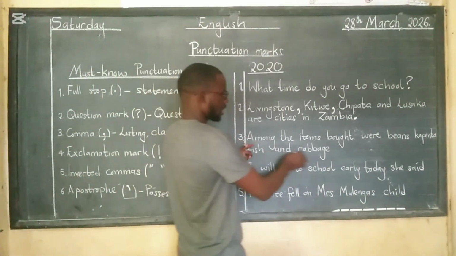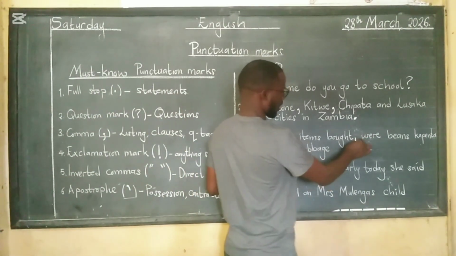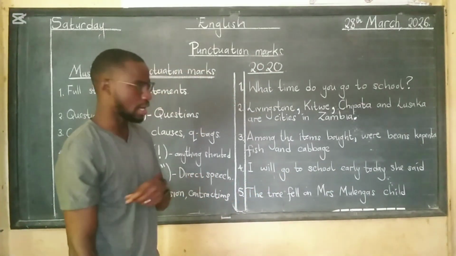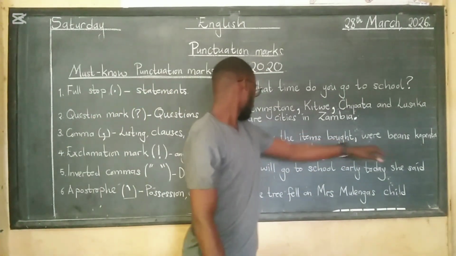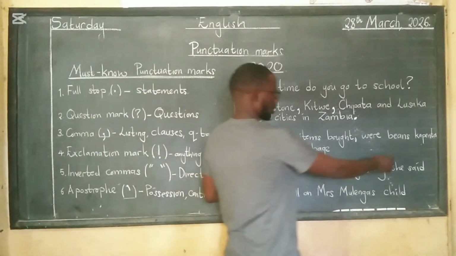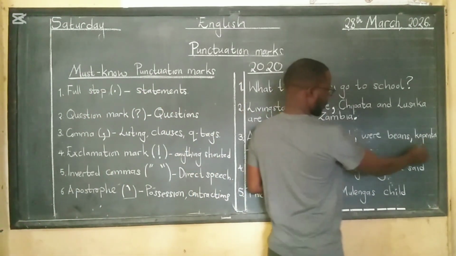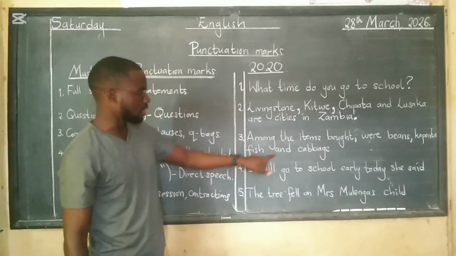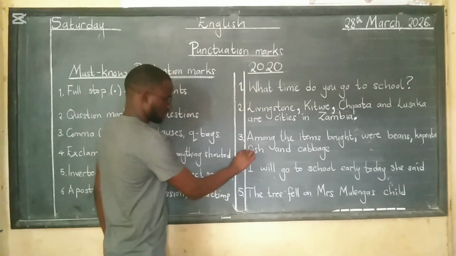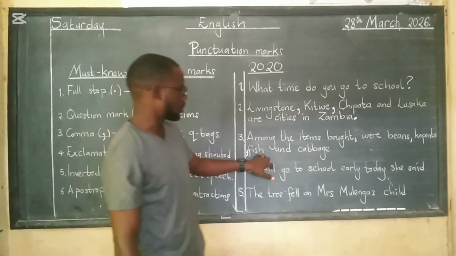So among the items bought, comma, were beans, carpenter, fish, and cabbage. Then this part, beans, carpenter, fish, and cabbage, we have a listing there. So in between beans and carpenter, comma, then in between carpenter and fish, we'll put it here, comma, then in between fish and